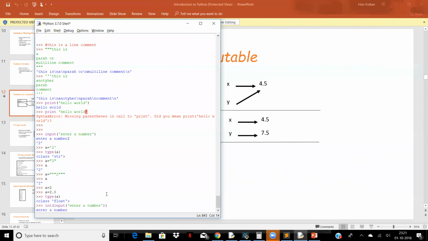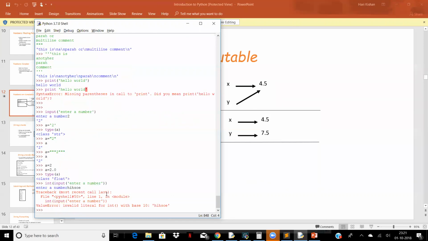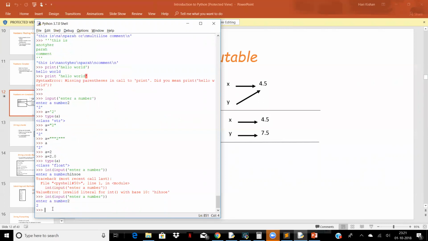So when I write it like this, it says invalid literal for int. It should be like this. So when I copy and paste this here, this will happen. Now it takes it as a 2, which is an integer, unlike this case here. So if you want to print something in float, then